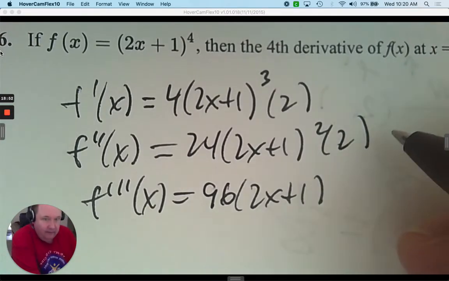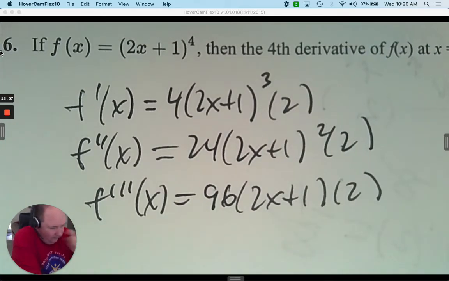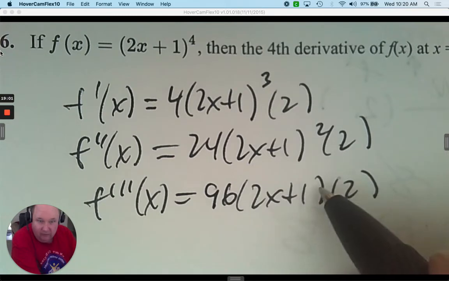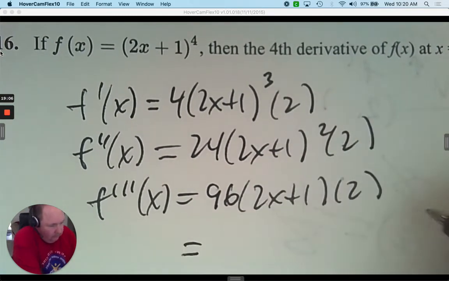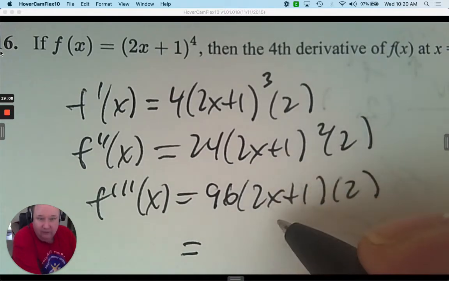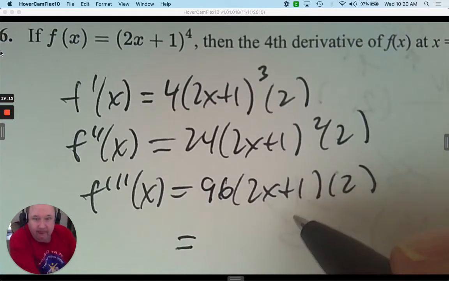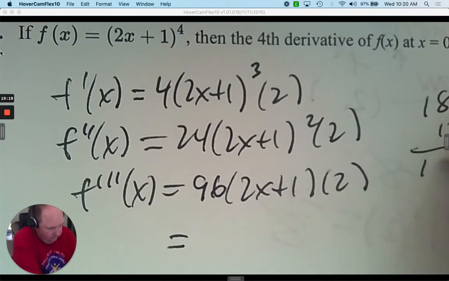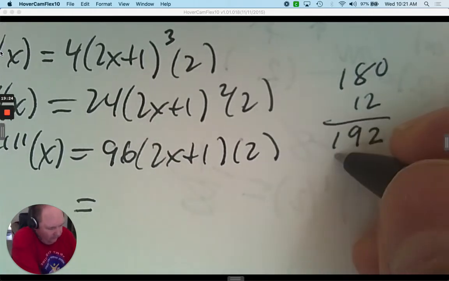And then times 2. And now what's going to happen, if I go one more, what's the derivative of this? And then plug in 0. So right now it's 2 times 96. So that's 180 and 12. So I get 192, and then you have to